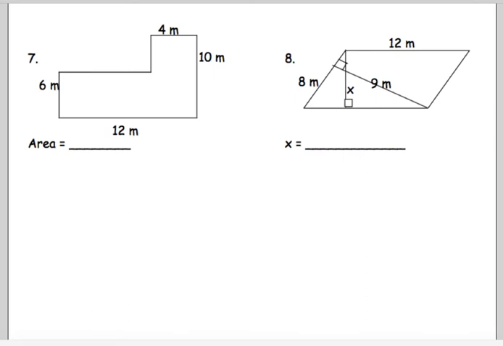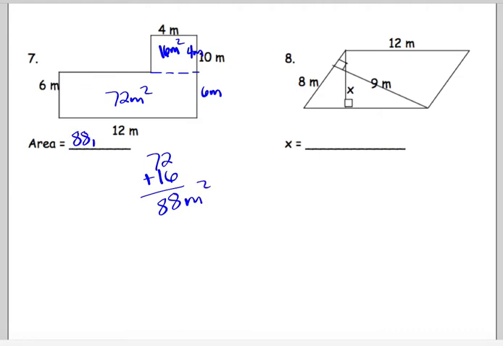The next one, we basically have a rectangle on top of another rectangle, so we're going to divide this out right here. 6 is the height of the rectangle on the bottom, so this will be 6 meters, and what's up here, 10 minus that 6 will be 4 meters up here. So I have a square on top, 4 times 4, 16 meters squared, and I have a rectangle on the bottom, 6 times 12, 72 meters squared there on the bottom. And then we're just going to combine those two together, 72 and the 16, and get 88 meters squared for the